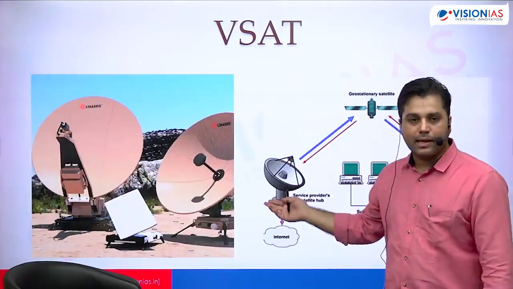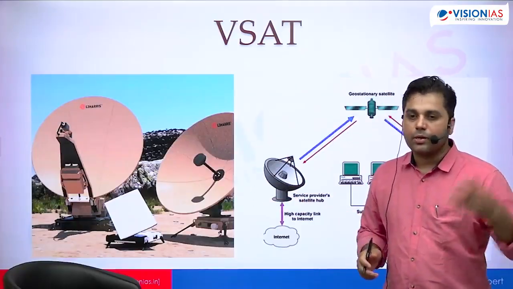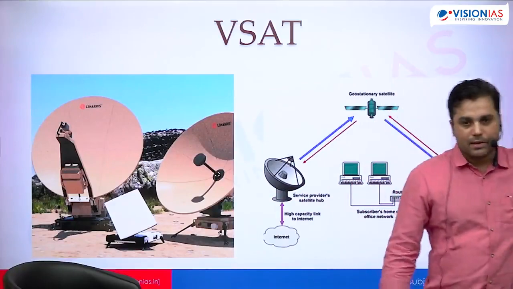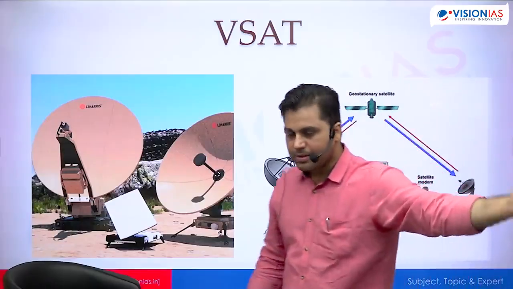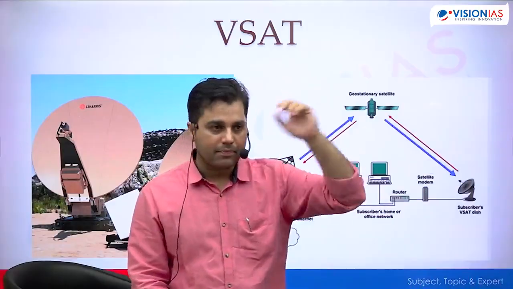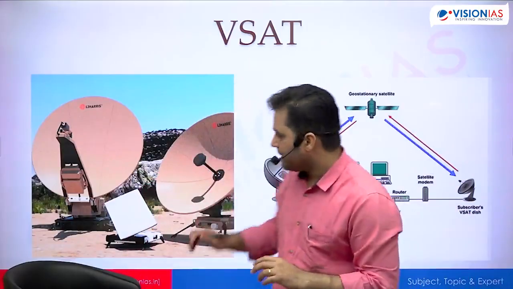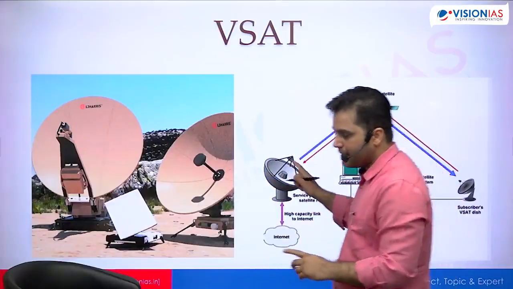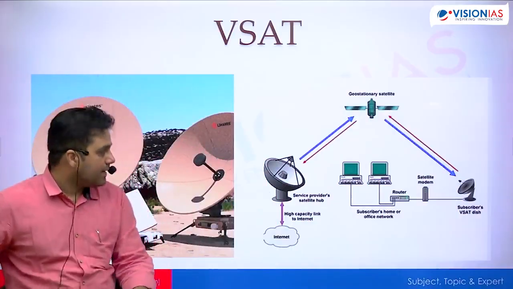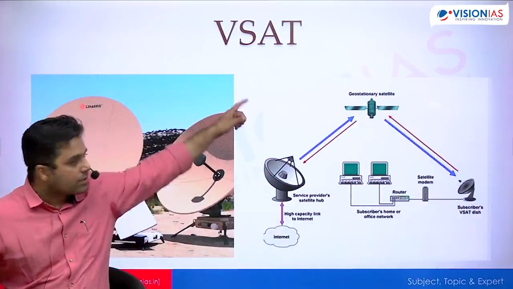It is literally a small aperture. This antenna is not very large. Antennas generally, the radio antennas, will be very large. For example, hardly 500 meters ahead from here, go to Rajendra Nagar metro station, and there is a government agency, and there is a very large antenna you can see. That's not VSAT. With VSAT, we are literally talking about small antennas. These are earth stations, and these small antennas are connected to some central hub which is connected to a geostationary